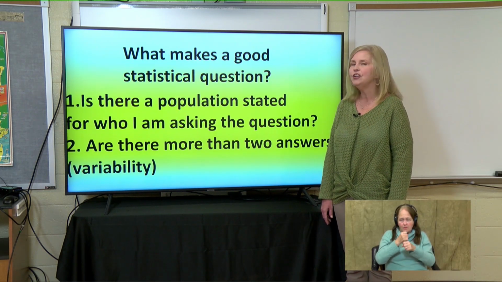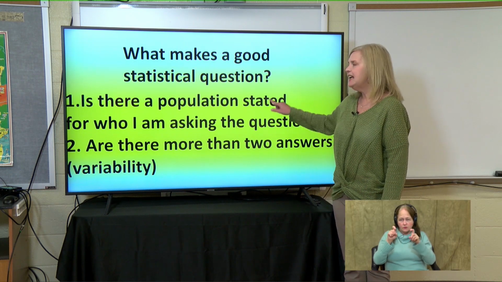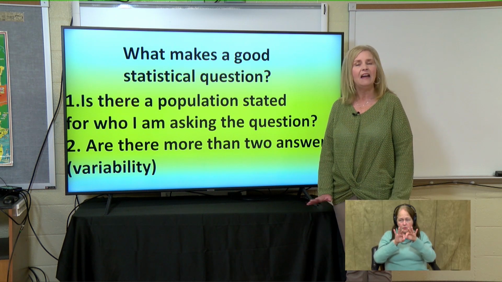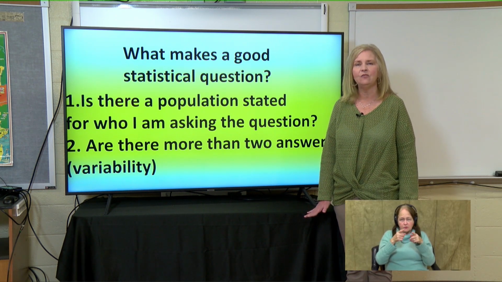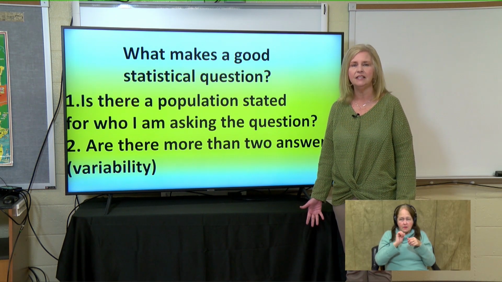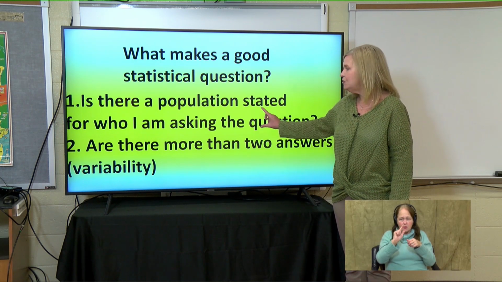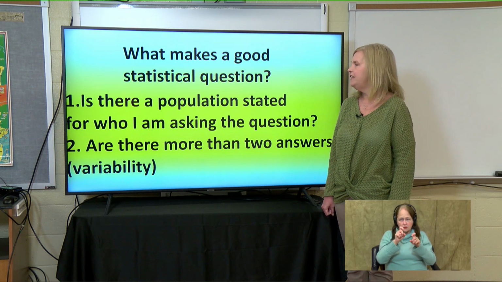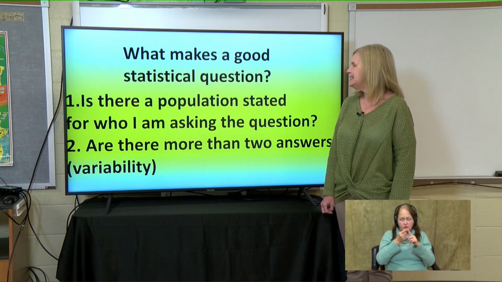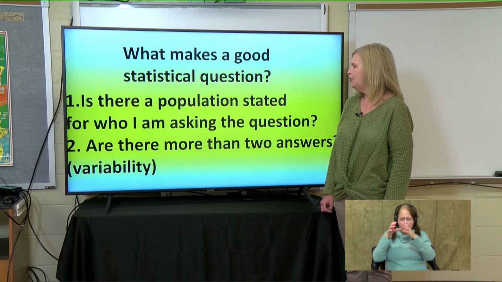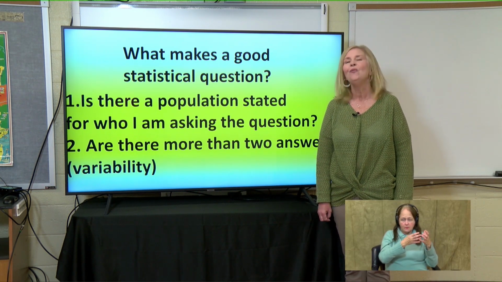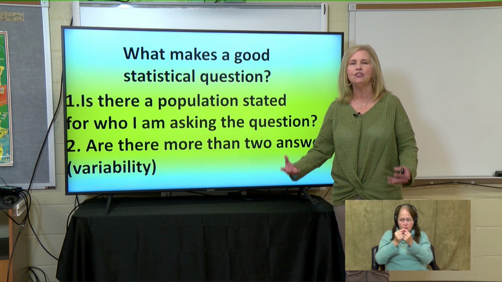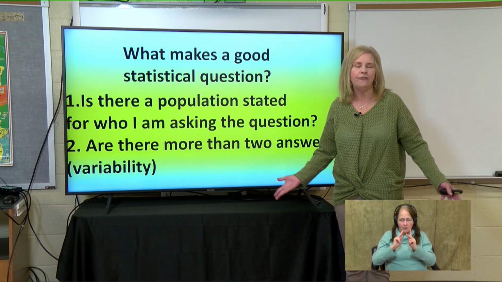What makes a good statistical question? Now, these next 2 statements are going to be very, very important. Every question that you're trying to decide whether it's a non-statistical or statistical question, you need to ask yourself these 2 questions for every one of them. The first one is, is there a population stated for who I am asking the question? What this means is, have you specified a group of people that you're talking to? For instance,